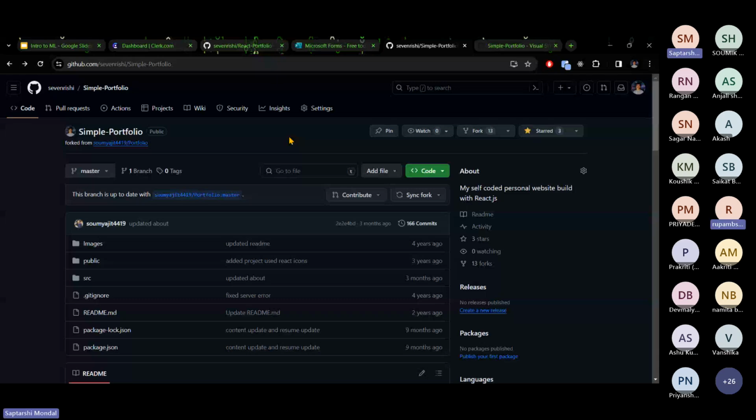Okay, after you visit this page, click the fork button. You can see a fork button here. Pin, watch, fork, star. Click the fork button. After that,